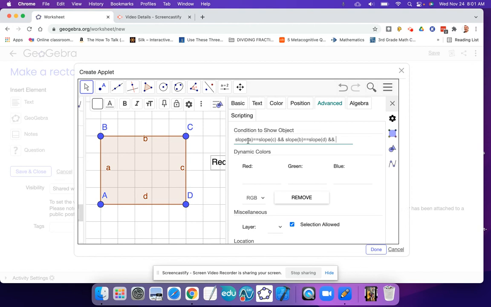So I will say the slope of A is equal to -1 divided by